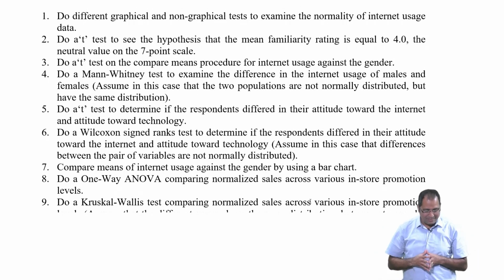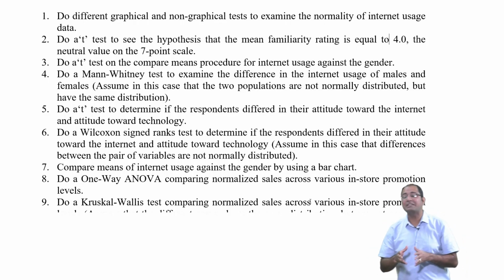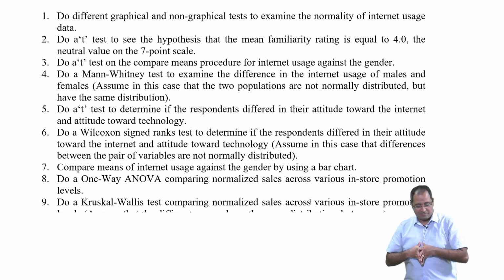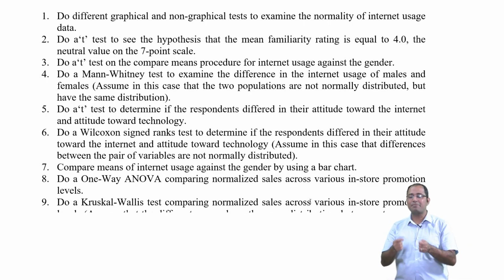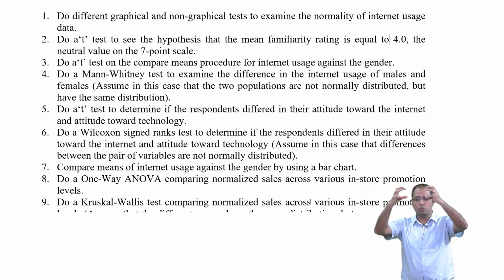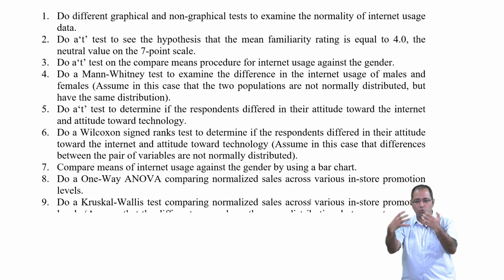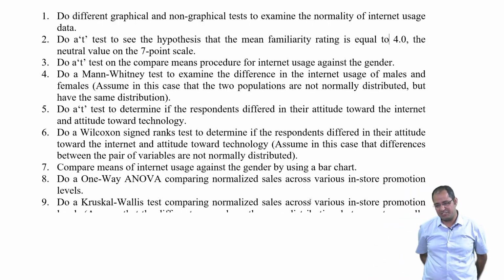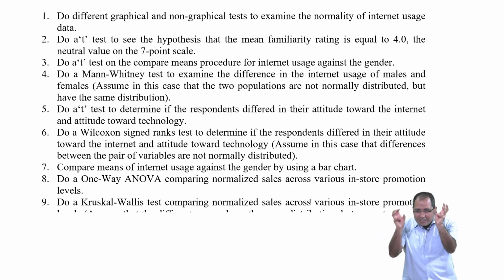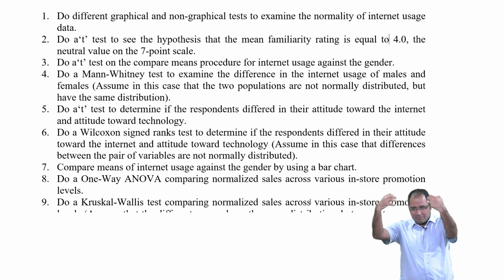Yeah, Mann-Whitney is the non-parametric version of the independent sample t-test, where there are two groups, and on a metric variable you want to see whether the means of two different groups are significantly different. So when you say Colgate and Pepsodent, they are two groups, Colgate family, Pepsodent family, right? Now they are two different groups, and you might ask people,